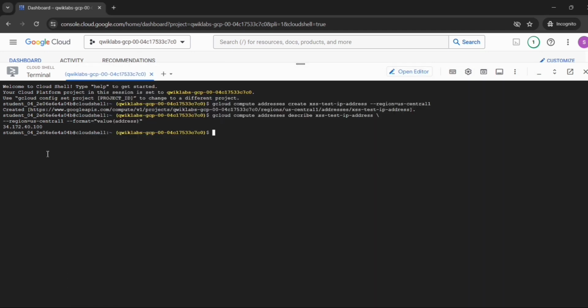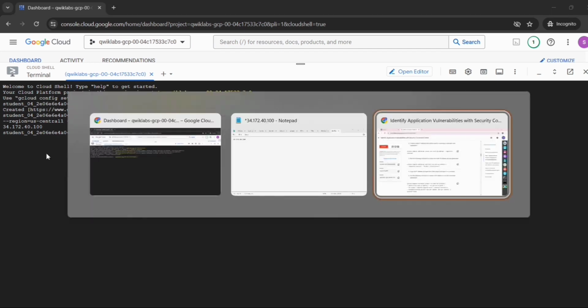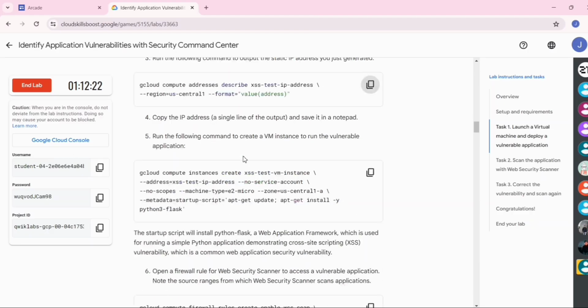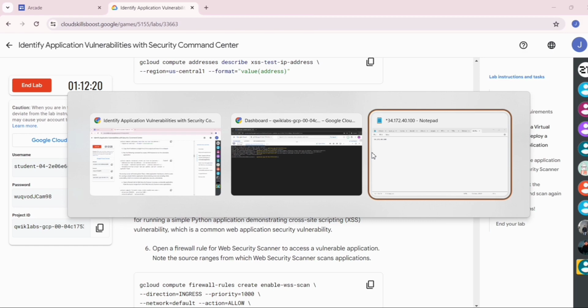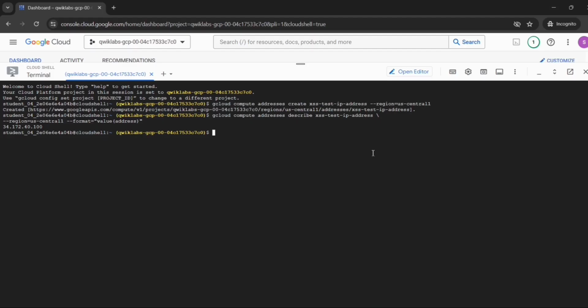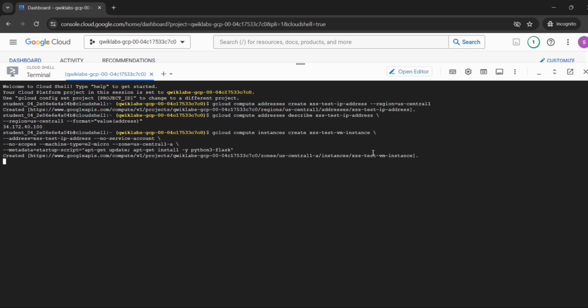Now to create the VM instance, go to the lab instructions, scroll down, copy this fifth command from here, go to the shell, paste it here and press enter. Now we will be creating a firewall rule.